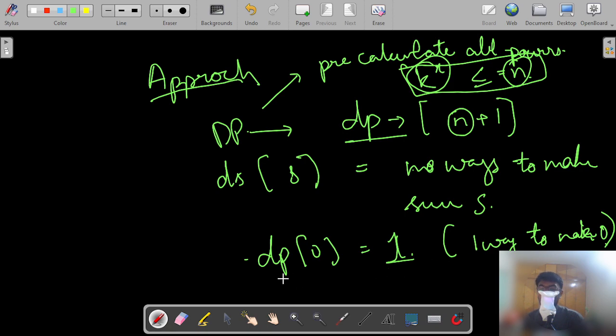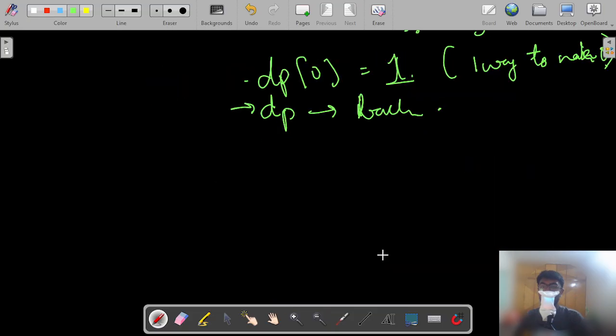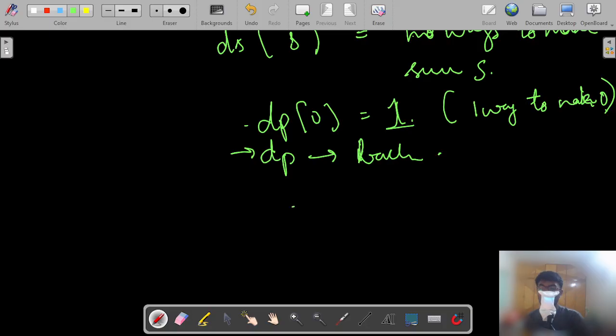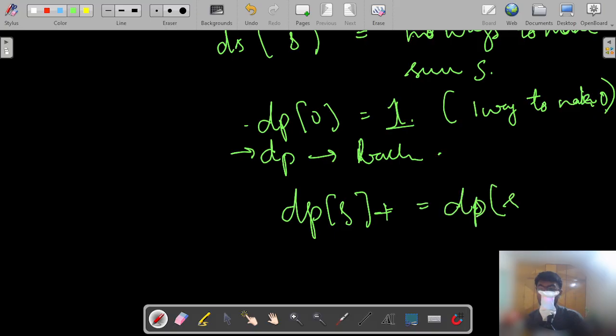So for all the other DP values, we iterate backwards such that we say, let's say dp of s is equal to dp of s minus p. Like for example,